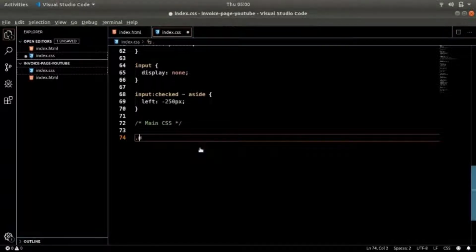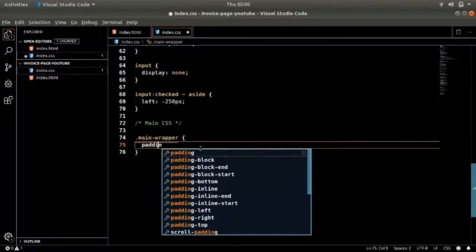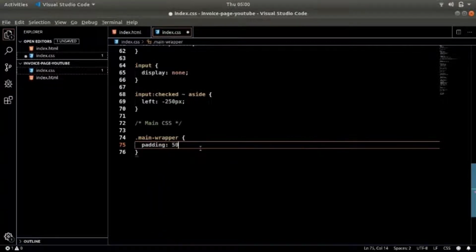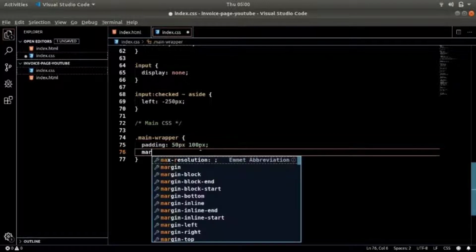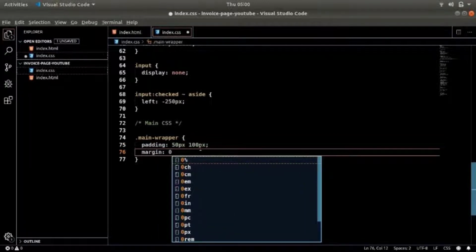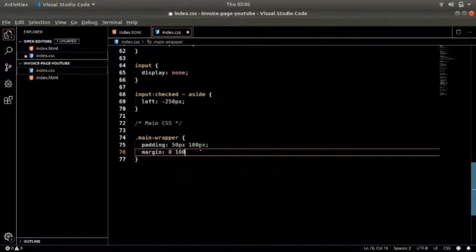We have the class main-wrapper and we'll give it a padding of 50 pixels top and bottom and 100 pixels left and right, and a margin of 0 on top and bottom and 100 on left and right.